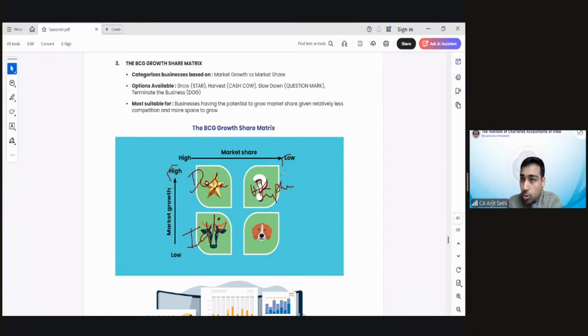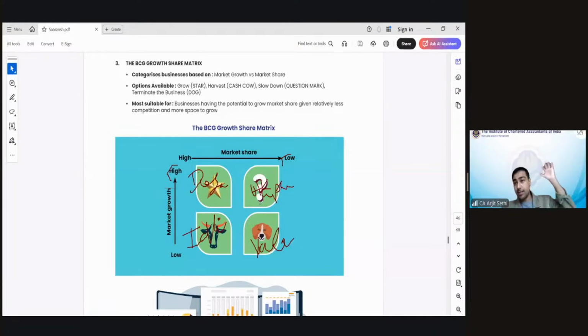One, people don't want to eat vada because of being oily, plus they don't want to eat from you because they feel we don't know what kind of oil you are using for deep frying vadas. What kind of a business is vada for you? It's a dog. It's a dog for you.